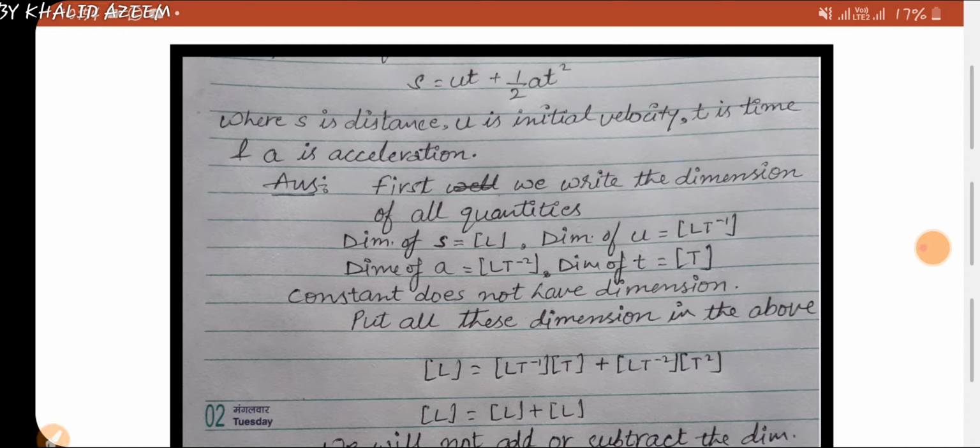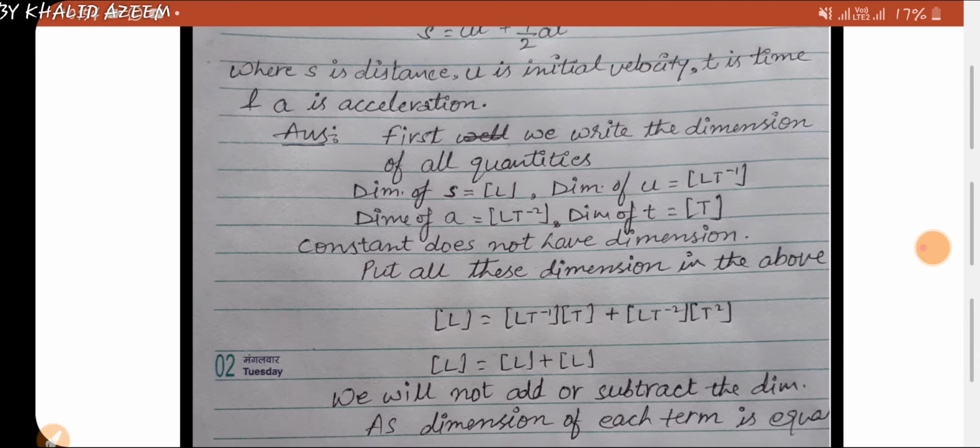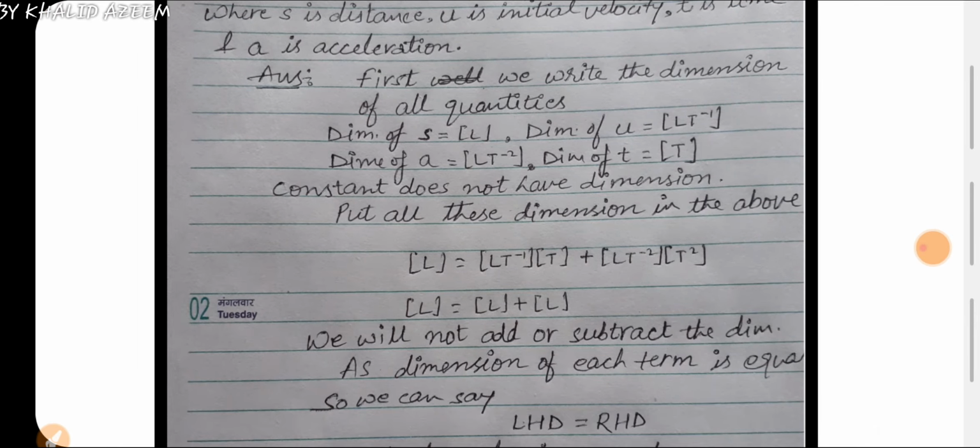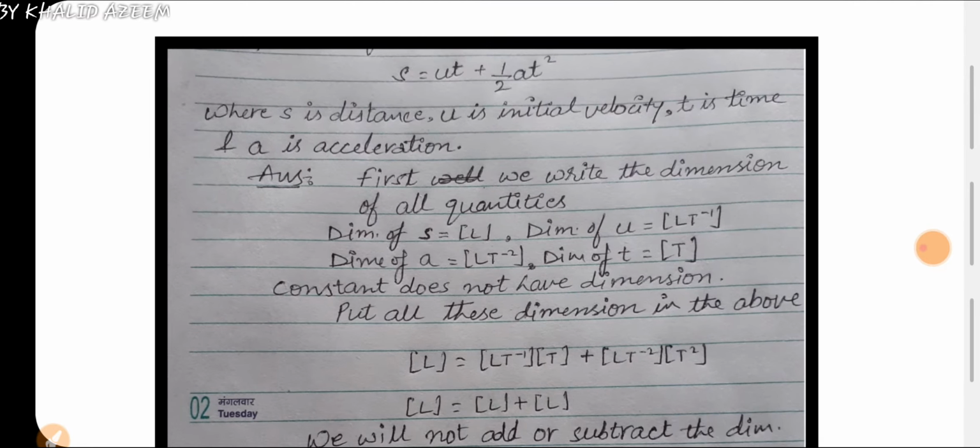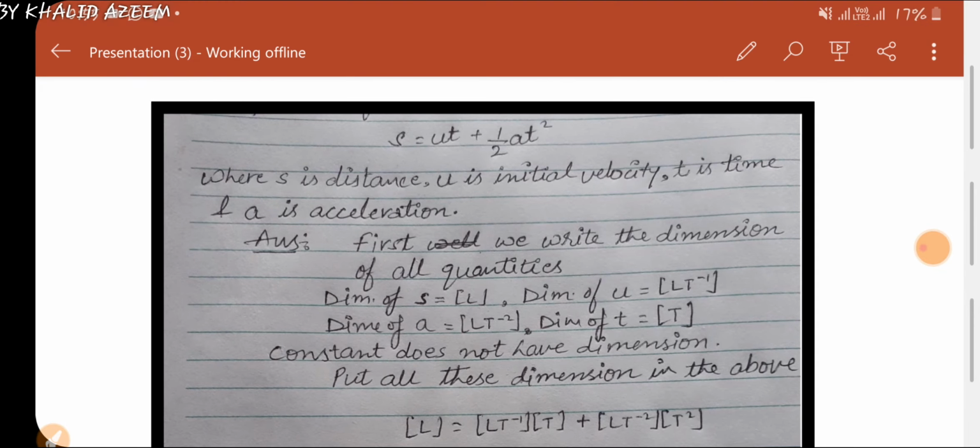So first of all, I am writing the dimension of all the quantities, like dimension of distance is L, dimension of speed is LT minus 1, dimension of acceleration is LT minus 2, and dimension of time is capital T. So now put all these values in the above equation,